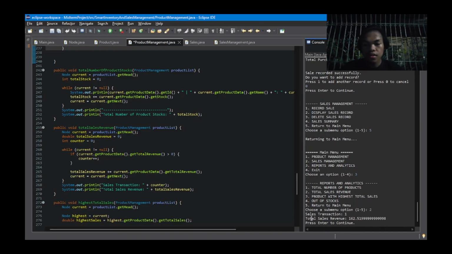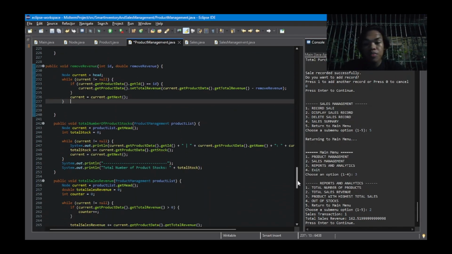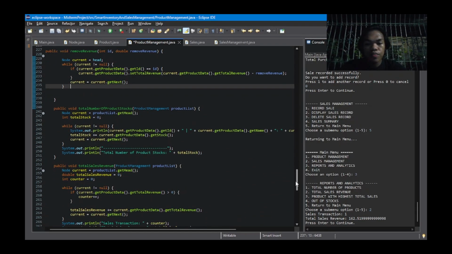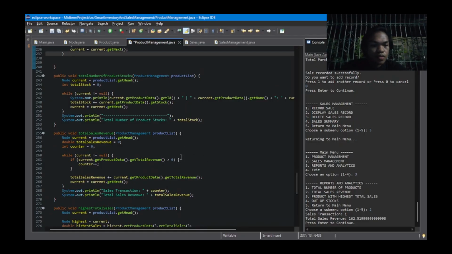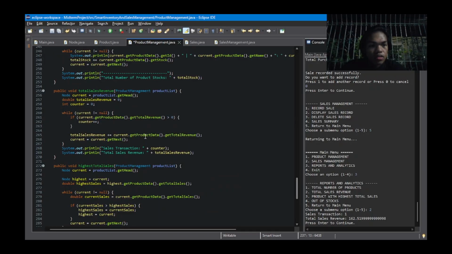Here it will appear the total sales revenue of that customer for the product. Then let's move on to highest total sales revenue. It's just the same as here.